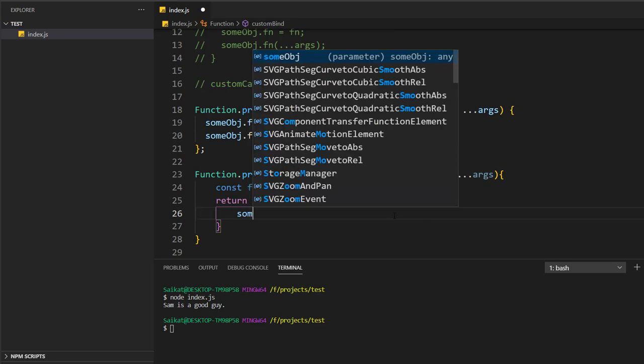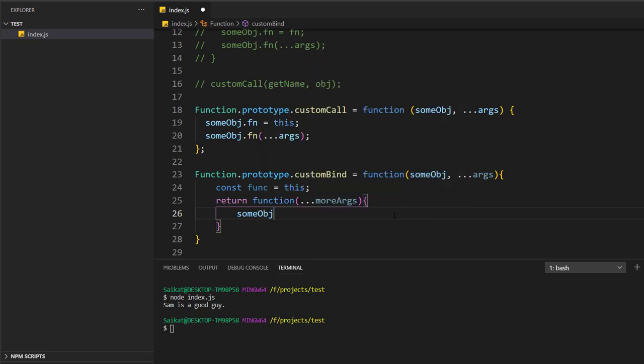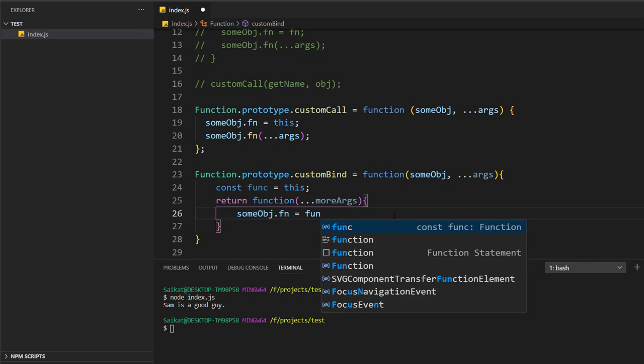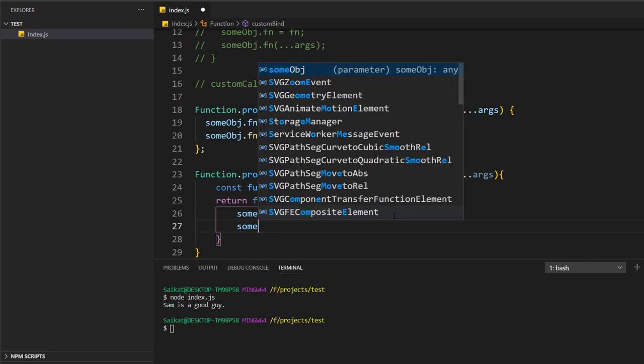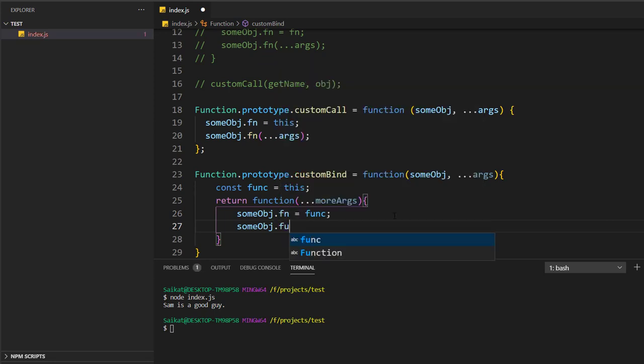It happens something like this: someObj.fn = func, then someObj.fn. Here I need to pass both the args.